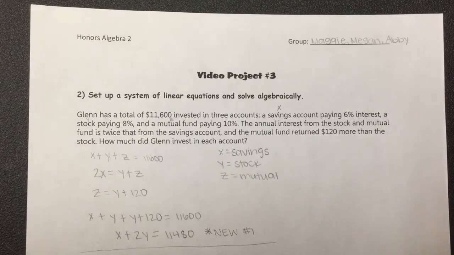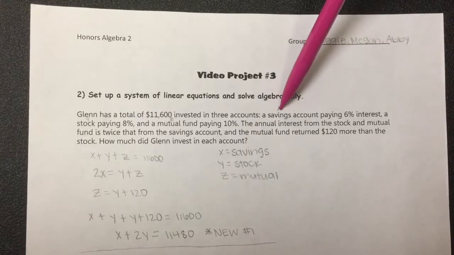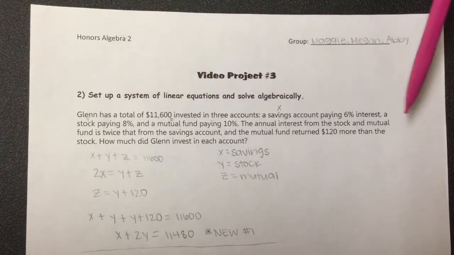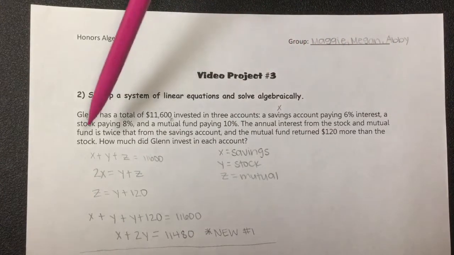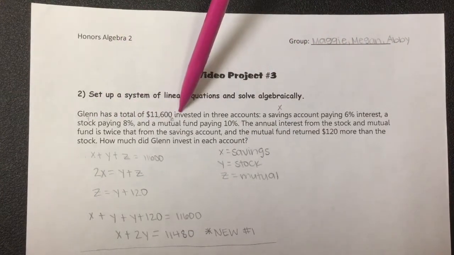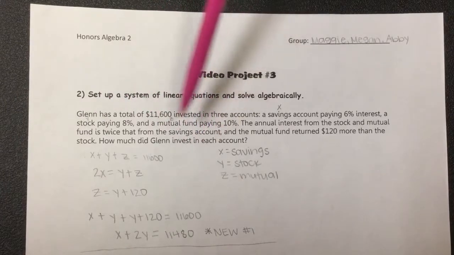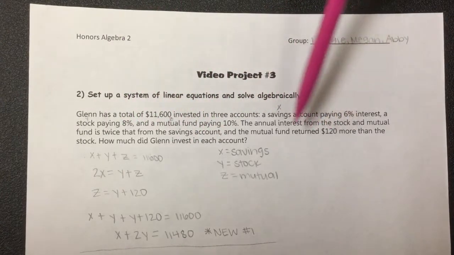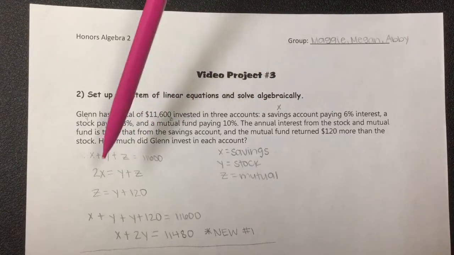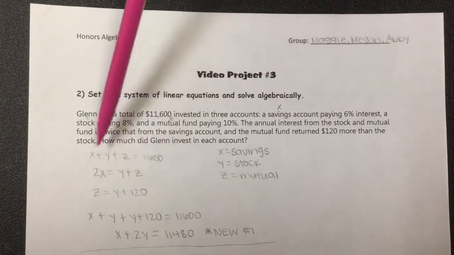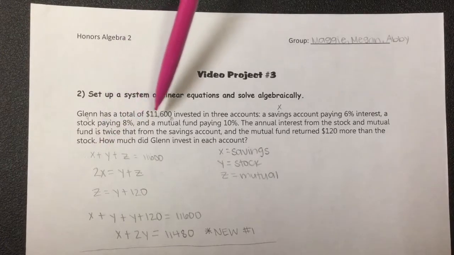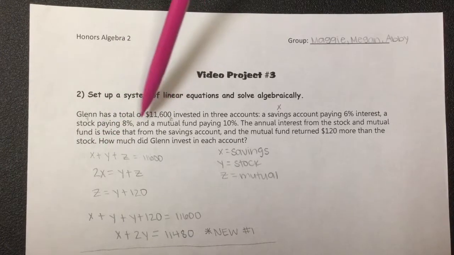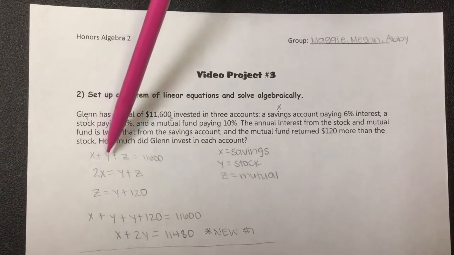So to find our variables, we took the 3 things that were different in the equation and made them x, y, and z. So the savings was x, the stock was y, and the mutual fund was z. Then we set up the equations due to the different percentages and the amount of money to make our 3 beginning equations. So for the first one, since we have a total of $11,600, we have x plus y plus